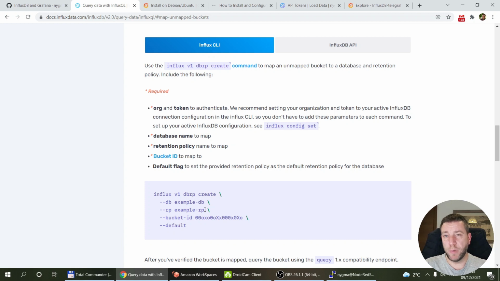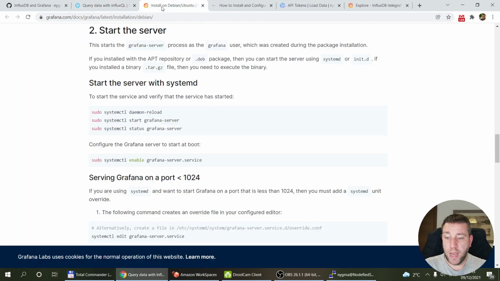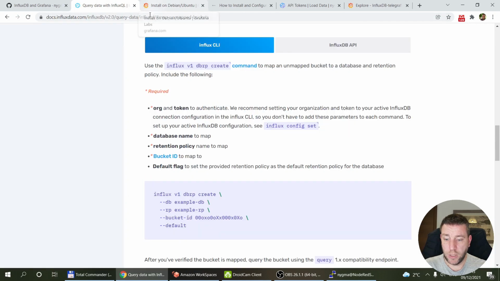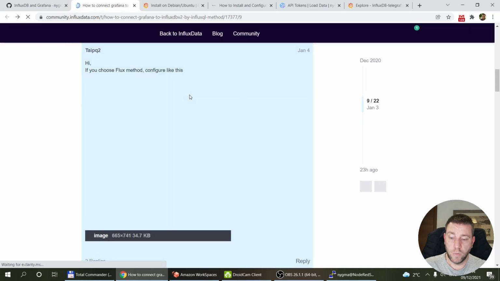So if the retention policy on your bucket is more restrictive, then I'm guessing the database would not store the data any longer because it's not being replicated, it's just a mapping. But I'm just speculating here, I have no idea. Actually, I asked this very question right in this forum discussion. I think this is the last question because nobody answered it yet. So we'll see, but